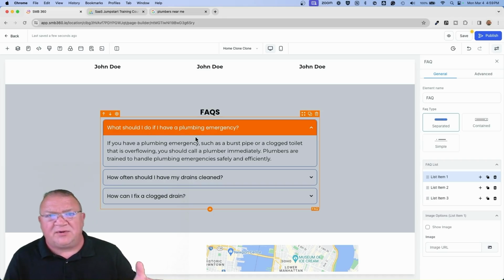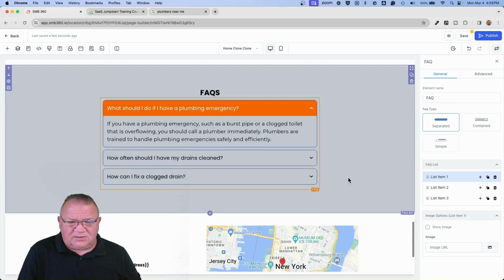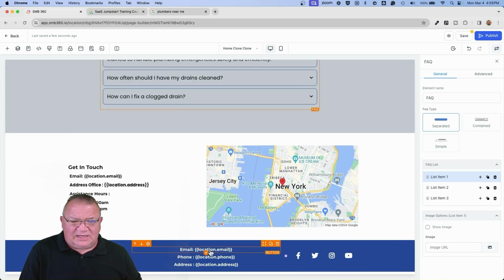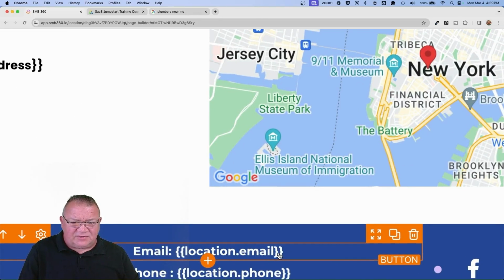So you can easily go to other plumbers' websites, find what frequently asked questions they have, and then copy and paste that stuff onto this site. That would be very easy to do. And you can have all of this, the email, the location. Do you see this little bracket down here? This right here is something specific with HighLevel, this location.email. This is a field that automatically gets pre-populated based upon the business email, phone number thing. So you don't have to do anything to that.